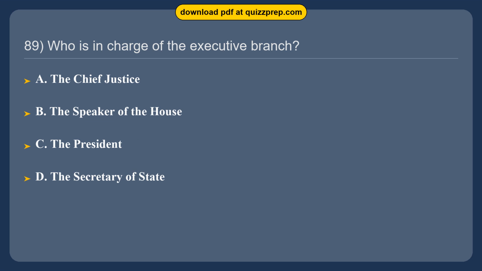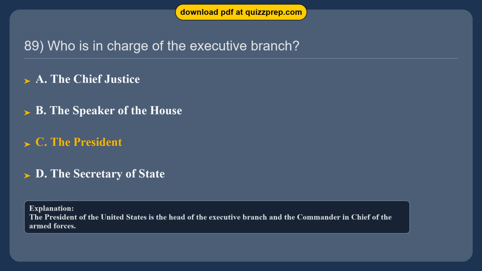Question 89. Who is in charge of the executive branch? Option A. The Chief Justice. Option B. The Speaker of the House. Option C. The President. Option D. The Secretary of State. The correct answer is option C. The President. The President of the United States is the head of the executive branch and the Commander-in-Chief of the